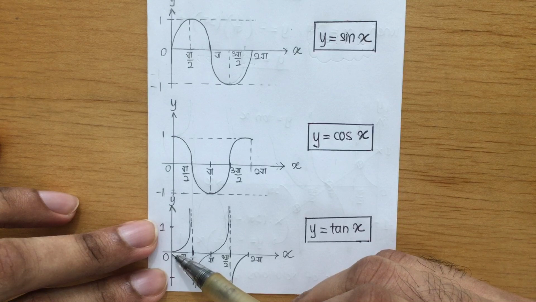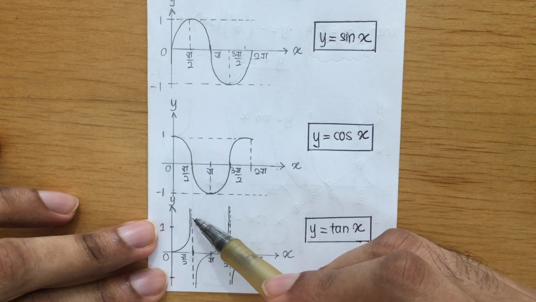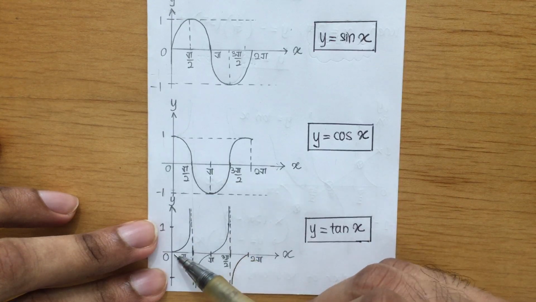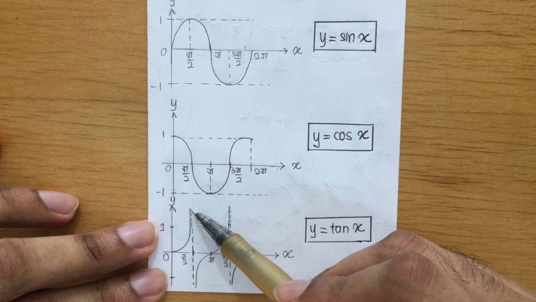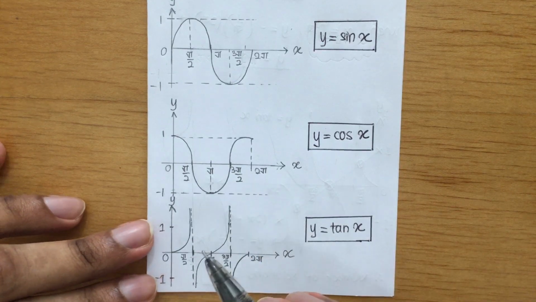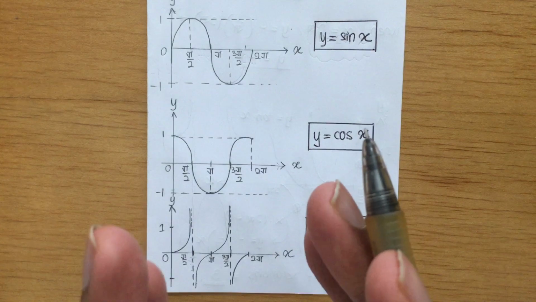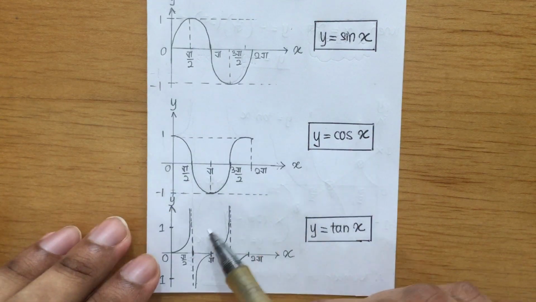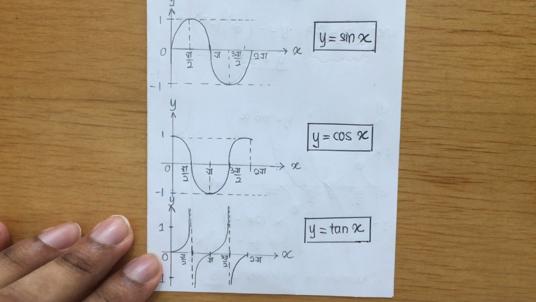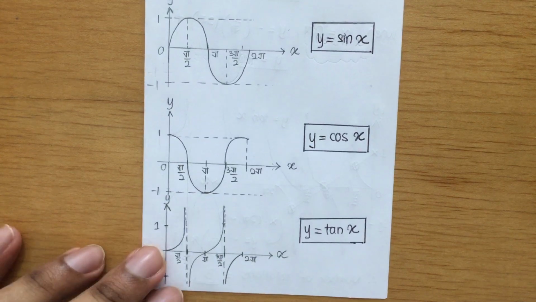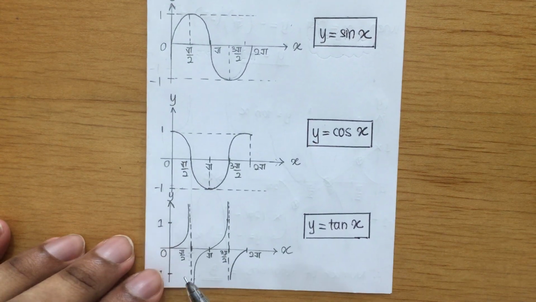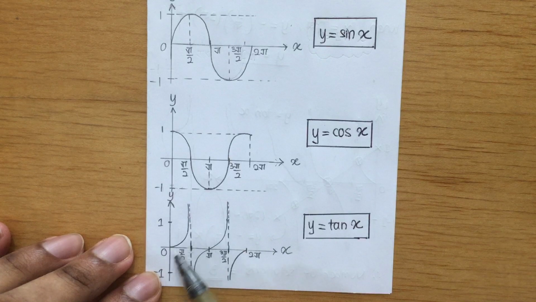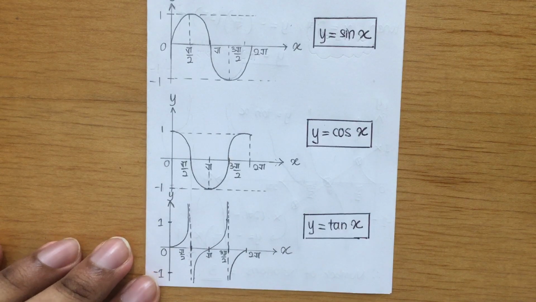Asymptotes, that is the line which the graph will never touch. So your graph will never ever touch the asymptote line. It will almost touch the asymptote, but it will never completely intersect the asymptote line. Okay, if you don't believe, you can check in your calculator guys. When you type in tangent 90 degrees, guess what you're going to get? You'll get a maths error.